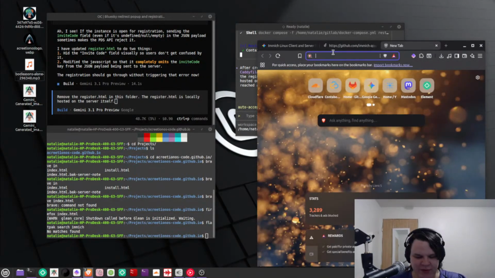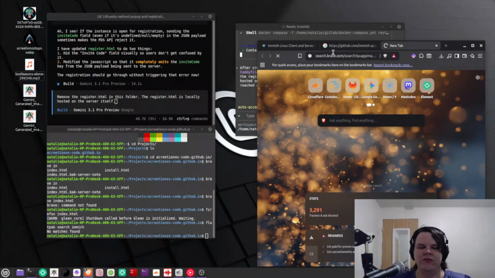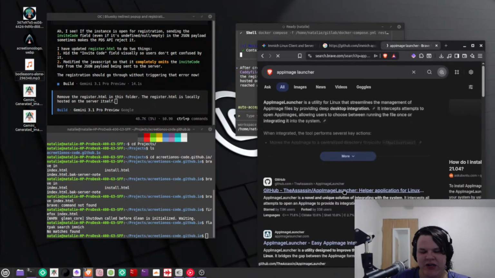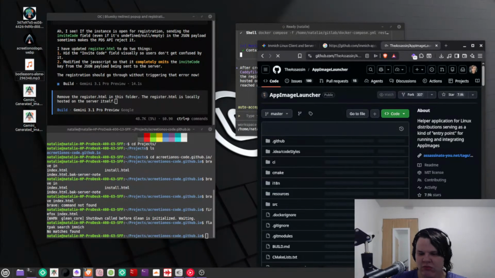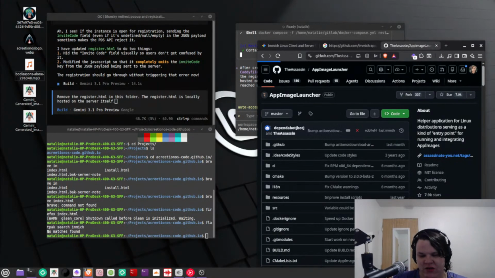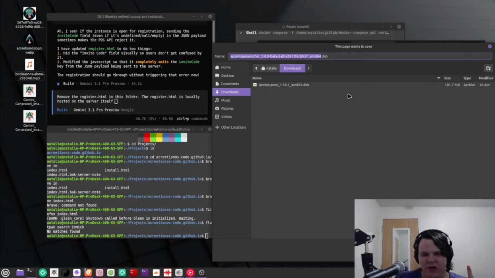I will have to get AppImageLauncher though. I'll show you a little hack. So with Ubuntu-based distributions, they're just Debian packages with a few modifications. What you can actually do is jump in here, this is not an official way of doing this, to be clear. Don't yell at me if it doesn't work for you. These are old packages, but that's totally fine. Jump in here, grab the latest release you can. Make sure you grab the AMD64 one. This is technically for Debian, but it'll work on most Ubuntu distros, but you have to install it in a different way. So what you do, you go download it, right?